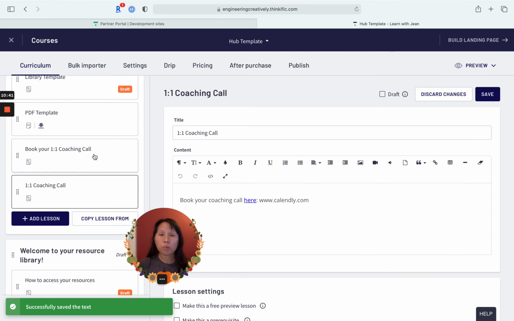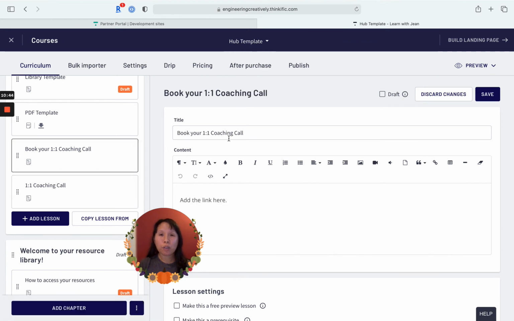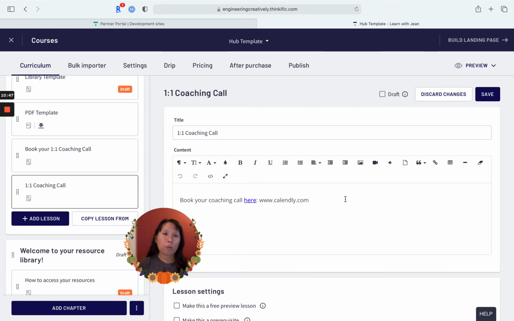And so you will see now I have two examples. So I can say book your one-on-one coaching call, and then one-on-one coaching call here. The main idea is you want to create each additional product, whether it's a one-on-one coaching call, a PDF template, or a course, as an individual product. So you just want to create them as a course in Thinkific, and make sure you add the link to your calendar or booking system, or add the PDF template,